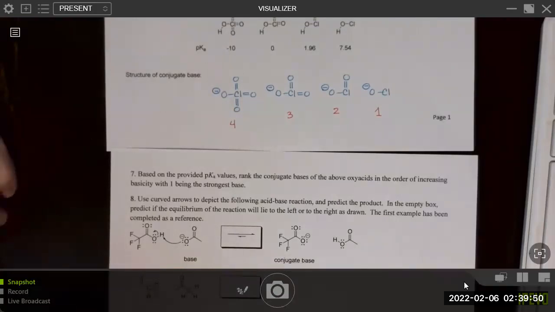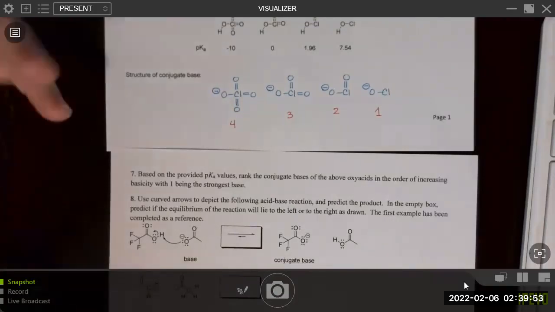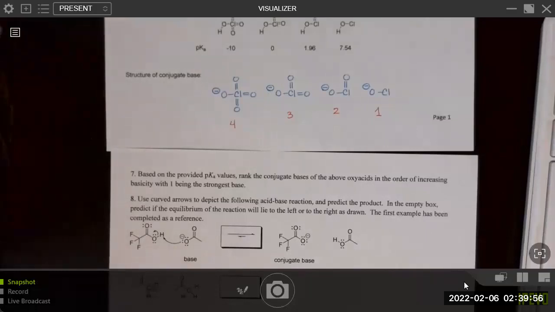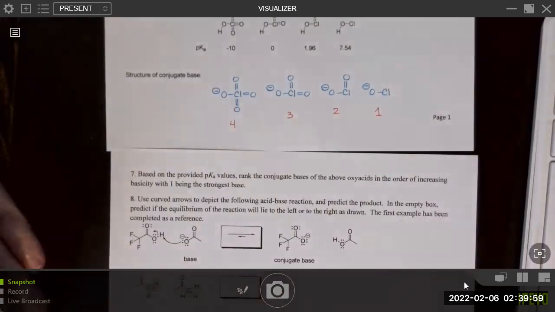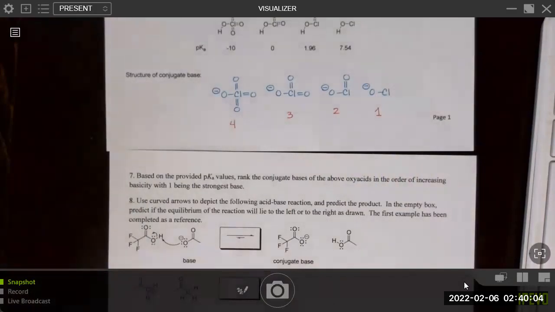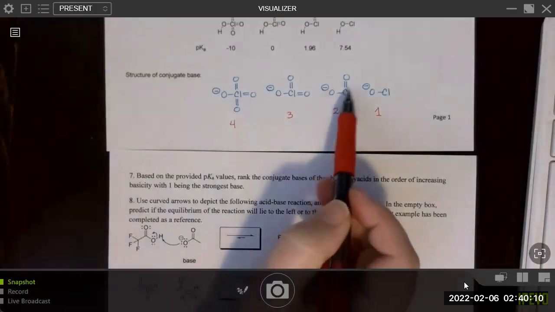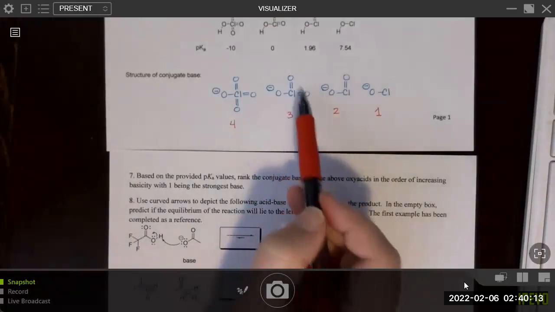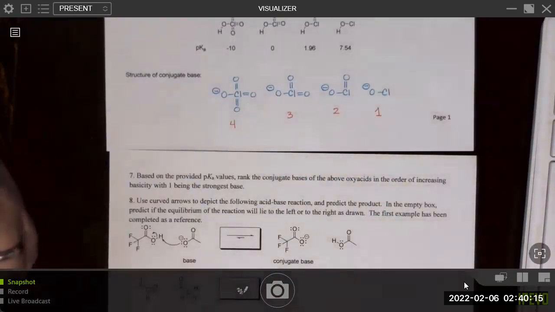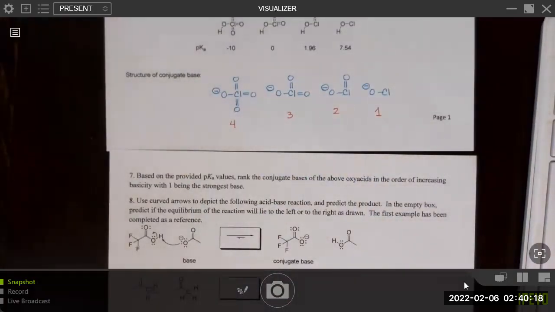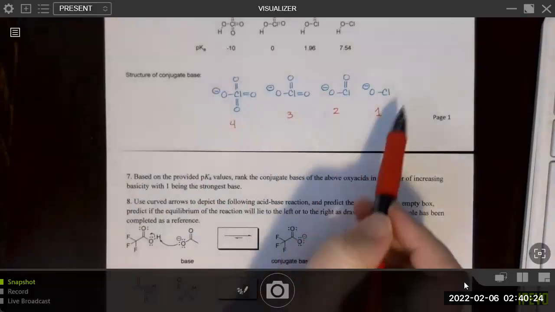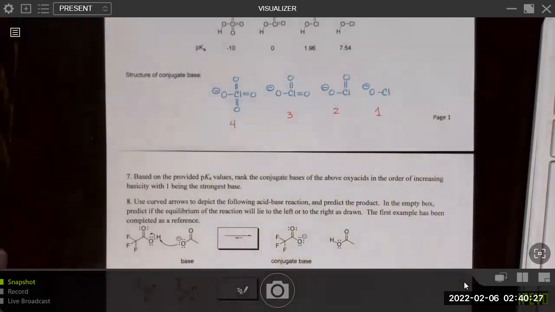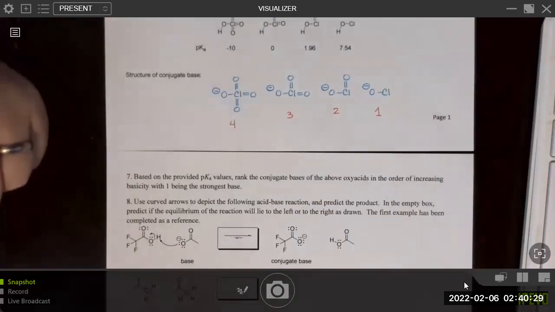But even without the pKa values, right, think about how you might have rationalized this base strength. So recall that bases are stronger when they don't have a bunch of electron withdrawing groups helping to stabilize the negative charge. So the presence of more electron withdrawing groups as we go from right to left will help stabilize that negative charge, making it a weaker base, right? And that makes sense. This is the weakest base, right? And this is the strongest base. So even without those pKa values, we probably could have figured that out based on our knowledge of the inductive effect.